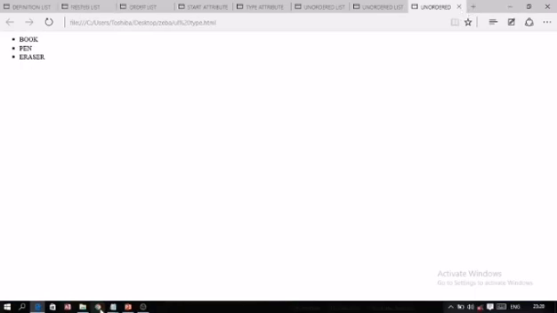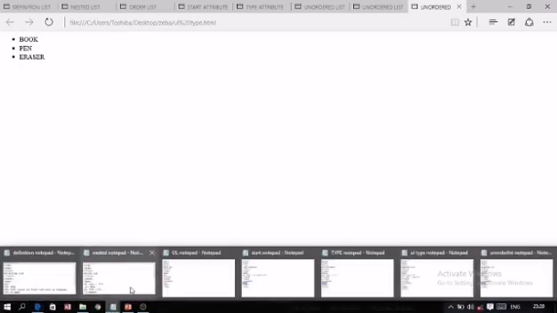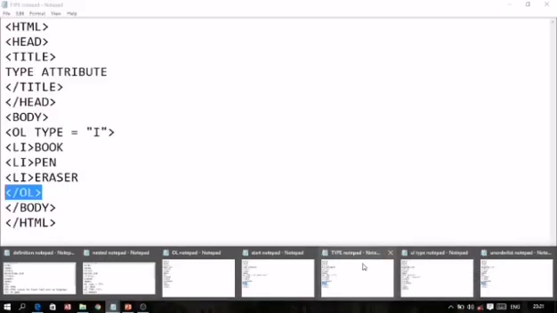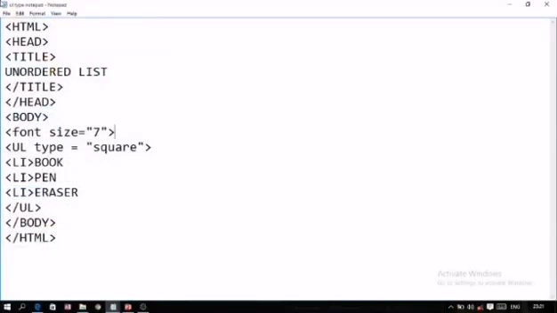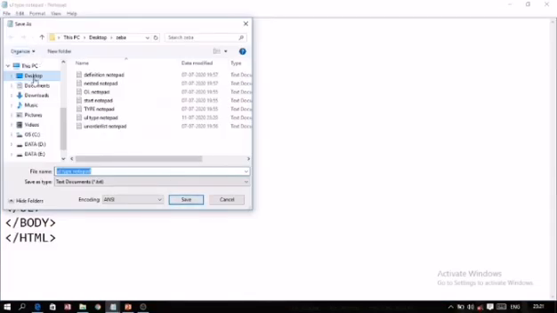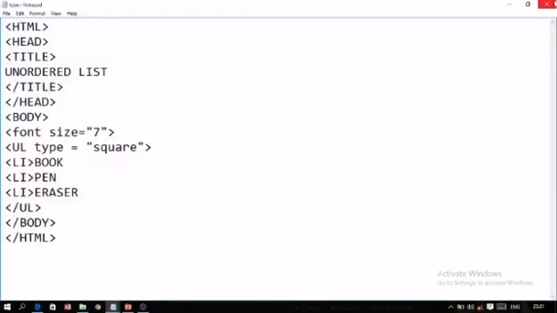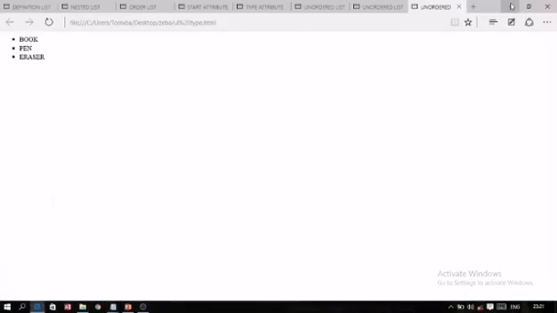Okay. Actually, I did one thing. I have saved all these files. I have to save again. I am saving it on the desktop. To explain this, I had saved it in different formats, therefore the output was not displaying. Type .html. I have saved it again, and now you can see the difference very easily.